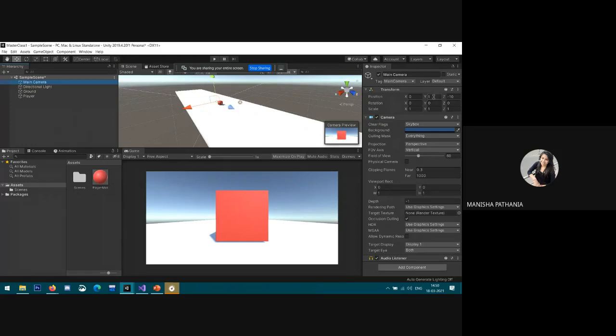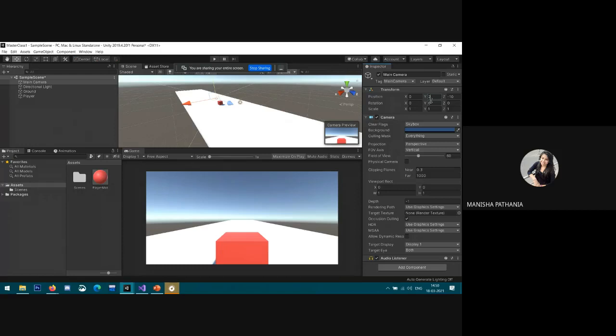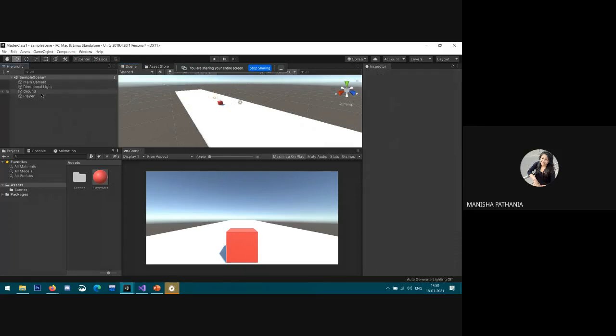Change it to something like 0 in x direction, 2 in y direction, for example, and suppose -6 in z. Something like this. Now it looks more like a realistic game.